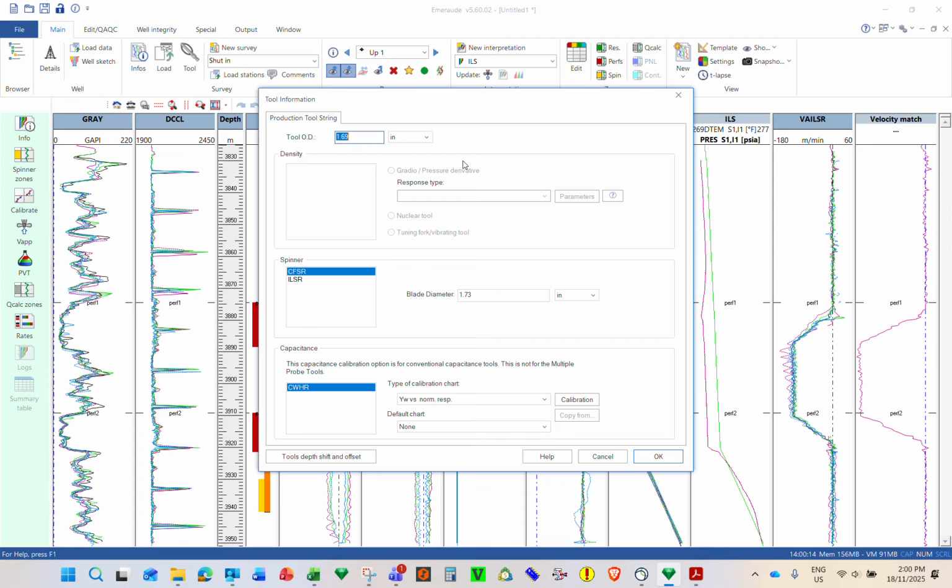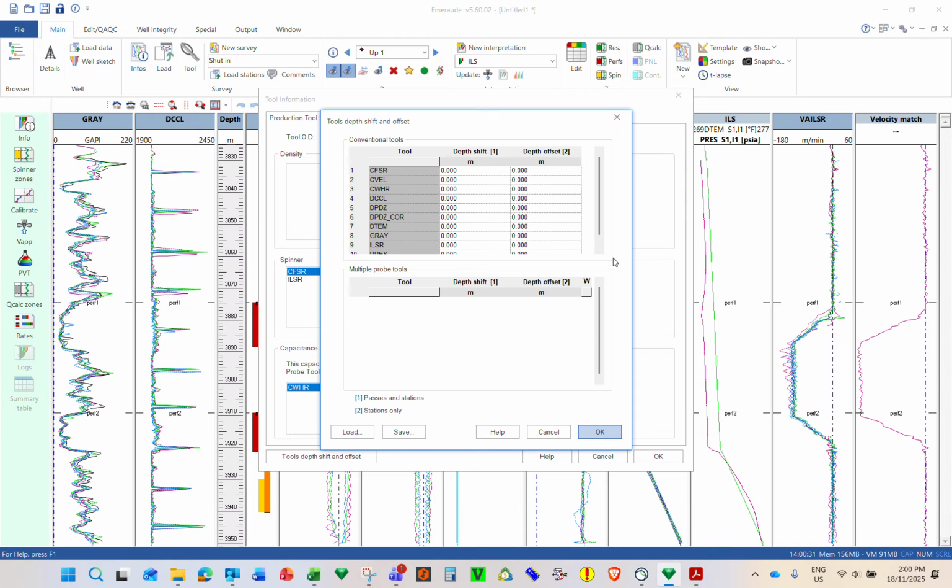Tool offset here, tool deficit and offset. So you might click on that one while we are in the tool information. You might see there are two columns, deficit 1 and deficit offset 2. Number 1 is for passes and station, the second one is for station only. Why do we need to put the depth offset for station? We haven't done station, but I just want to know why we need to put the depth offset for station. If it's wrong depth, if it is not wrong there,